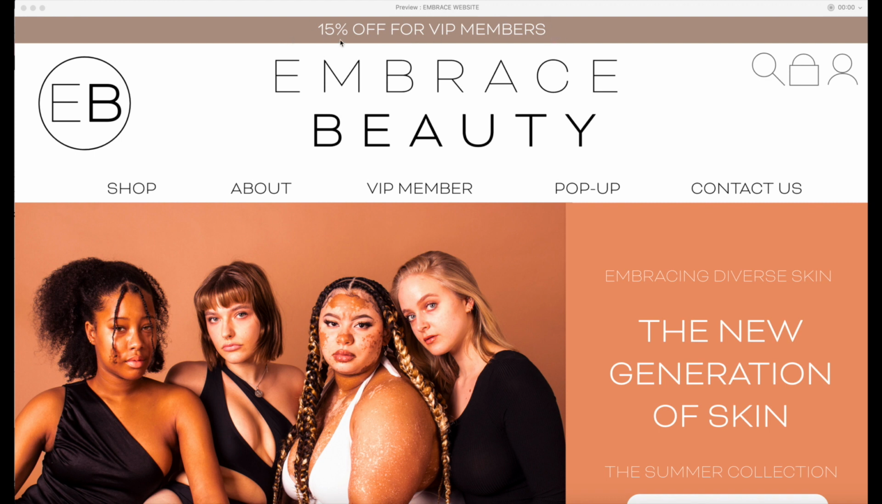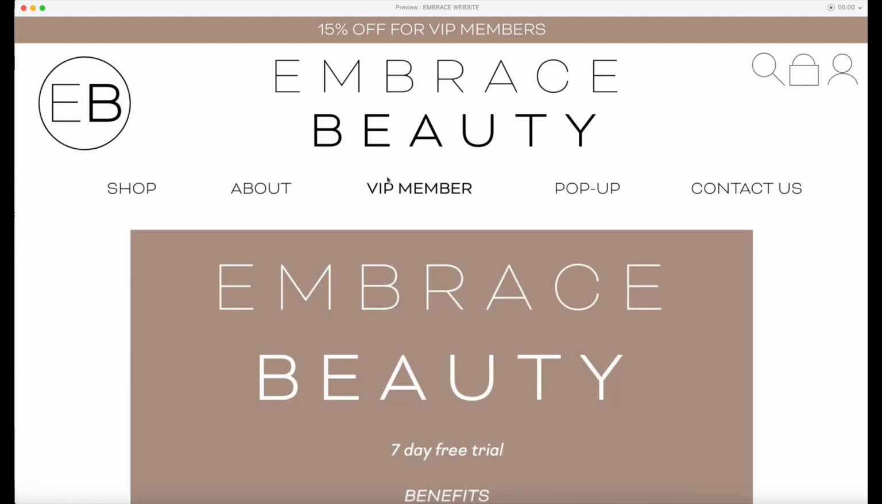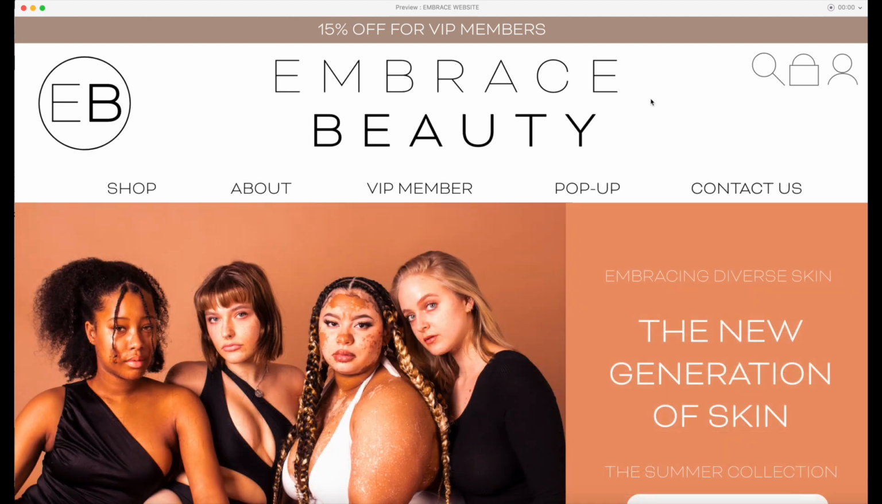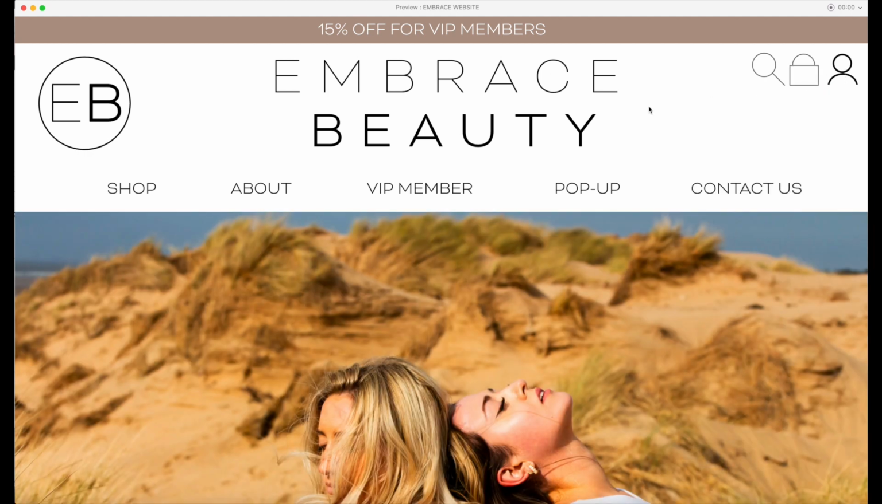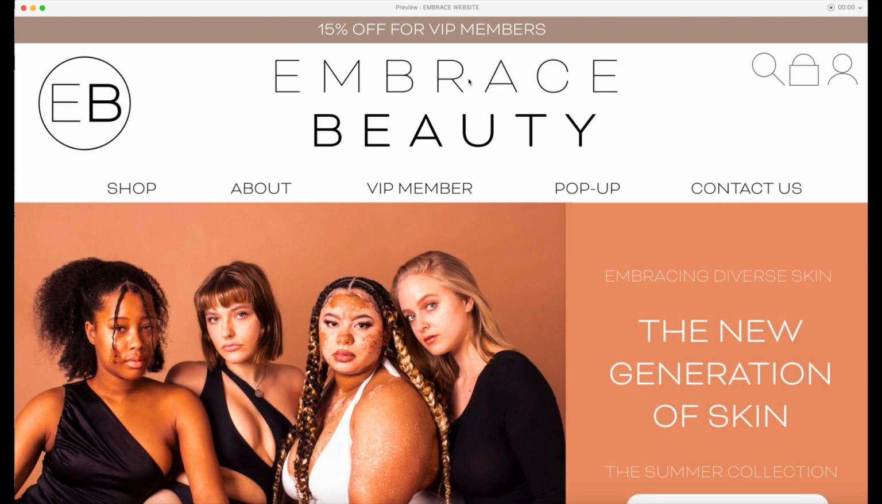VIP members. So just briefly talking about the navigation, here you can click shop, that'll take you straight to the products, about, VIP member, pop up and contact us. You can also view your account, you can view the bagging area and you can also view your account. So going back through these navigations, you can end up on the home page by clicking Embrace Beauty or even